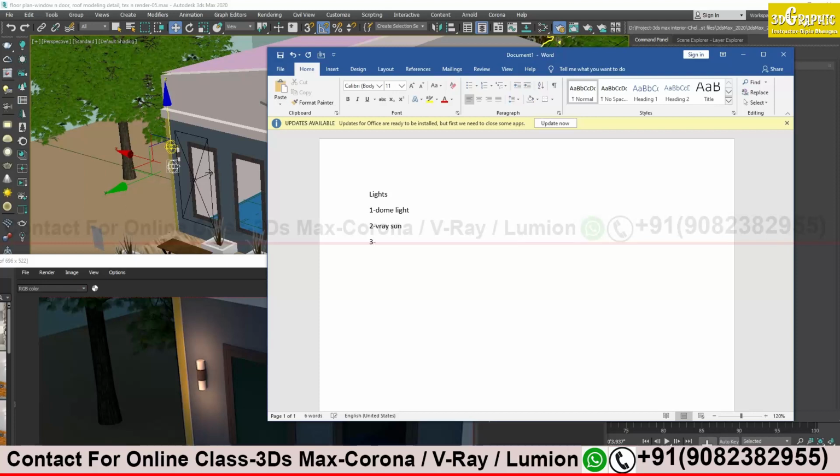And third one is which one we have seen? Rectangle one. Yes, sorry, plane light, V-ray plane light. And then the last one, sphere.